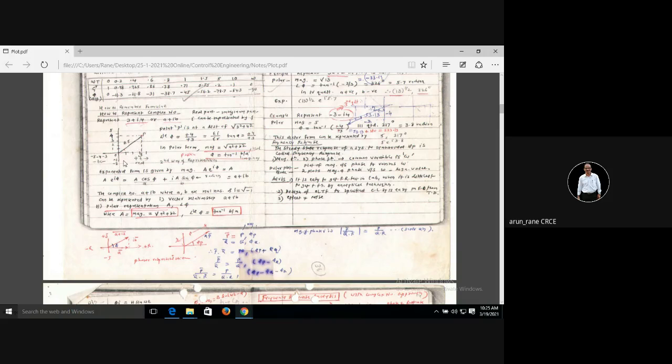And how to find out the angle? The angle you can find out as this divided by this, isn't it? So that is the y component divided by the x component. And how do you get the magnitude? It is the square root of 3 squared plus 1 squared, isn't it? So the point P is at a distance of the magnitude. So this is your polar coordinate, right? So what will the polar coordinate be? This will be tan inverse of 1 by 3, and the magnitude or radius is nothing but the square root of 10. I hope this is clear. Correct? So the same logic you have to apply here.